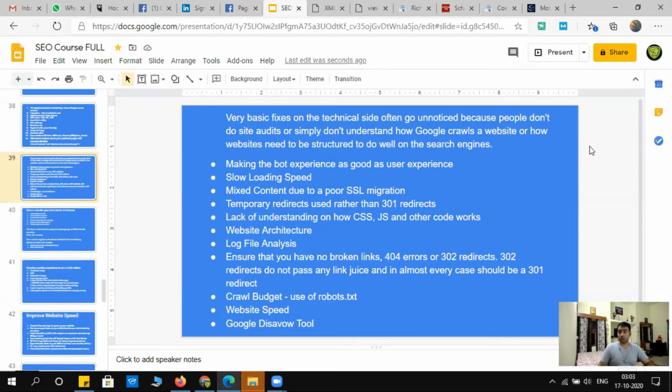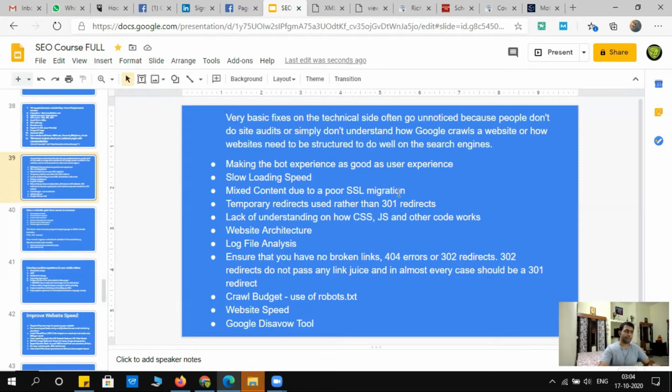Now your coder doesn't know much about SEO. He knows about coding. He knows that all these things can be done, but it's not in his mind that all this can help in SEO, right? So this is why you are learning all these things, so that you can help him understand things better. If you understand the technical aspect also, you will be in a better position to help the coder,